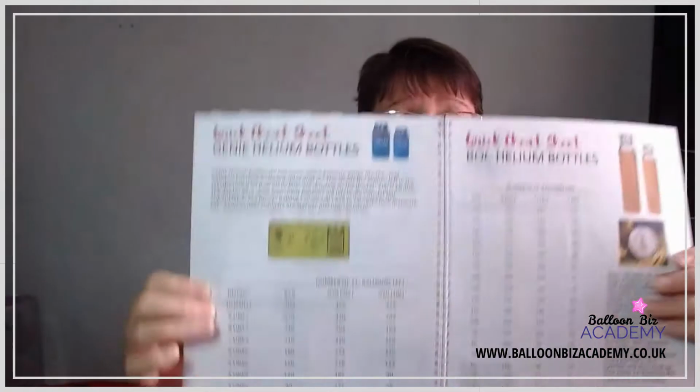So in the cheat sheet, you will find printables for Bock and for Air Products. I've done all the hard work and calculated how many 11-inch balloons are left in your cylinder, depending on how much pressure there is. So for those of you that want to be able to do the actual calculations